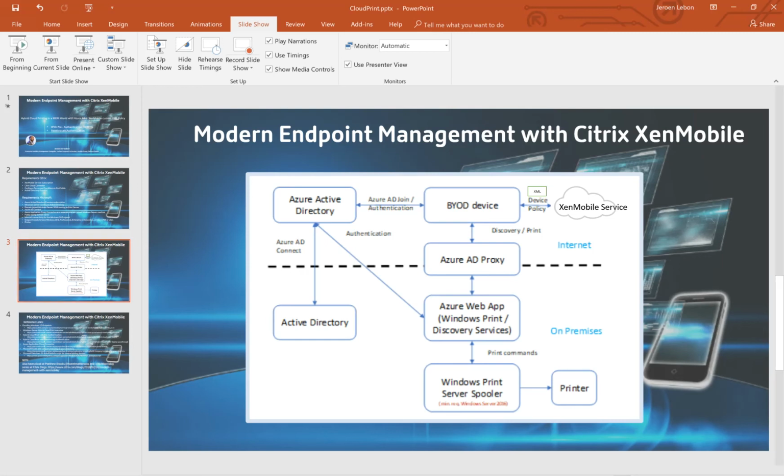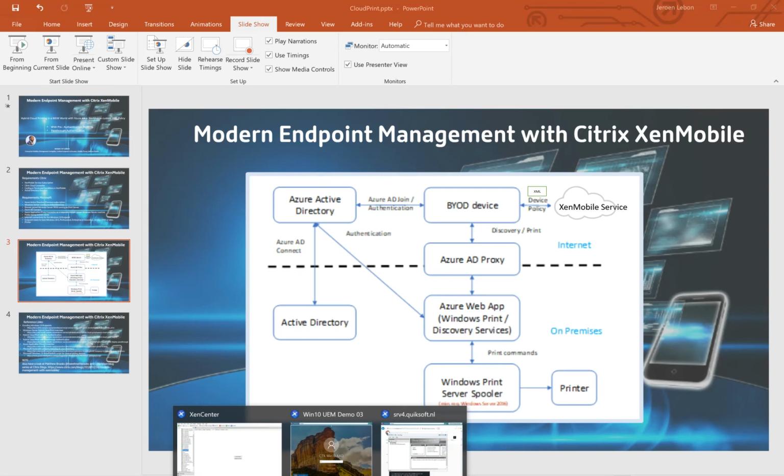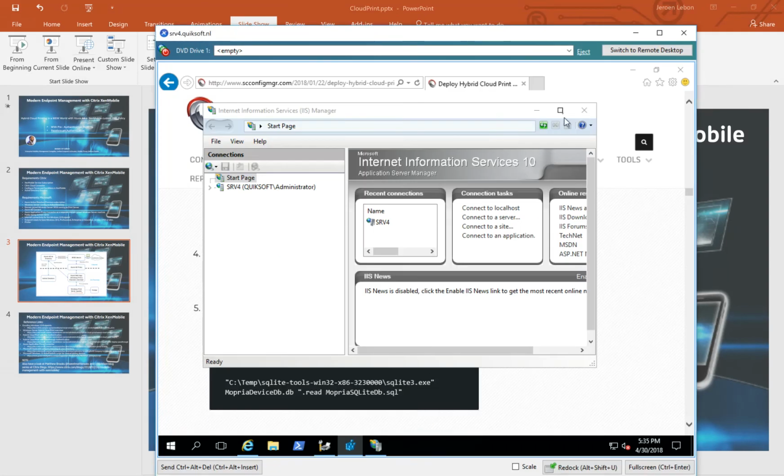So let's see how we're going to start. I'm not going to show you all the configurations because you should have a look at that in the reference links. It's a lot of work to reconfigure that, so I will just show you how it's configured. So step one is of course installing the Azure AD Connect, and as I said, I have not so many